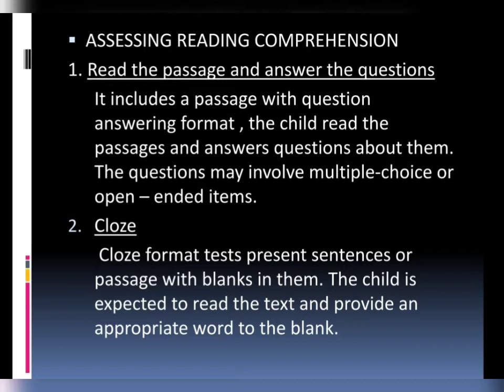The first one is basically done at the primary stage with the students of the initial stage. It is to read the passage and answer the question. In this activity, the students read the passages, and in those passages there is a question answering format. After reading the passage, the students are supposed to answer questions about it. The questions can be close-ended and open-ended. Close-ended are multiple choice questions, and open-ended are where subjectivity is there, when they can explain and describe things.